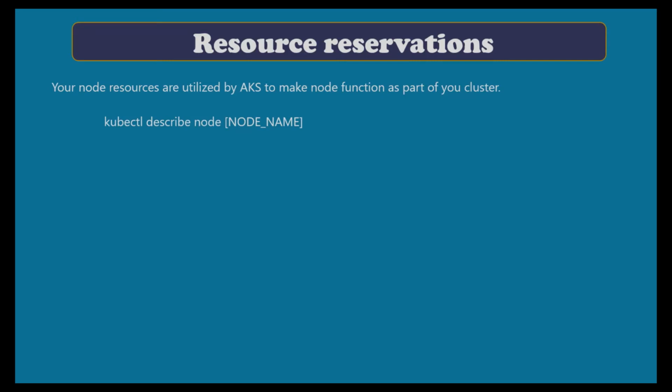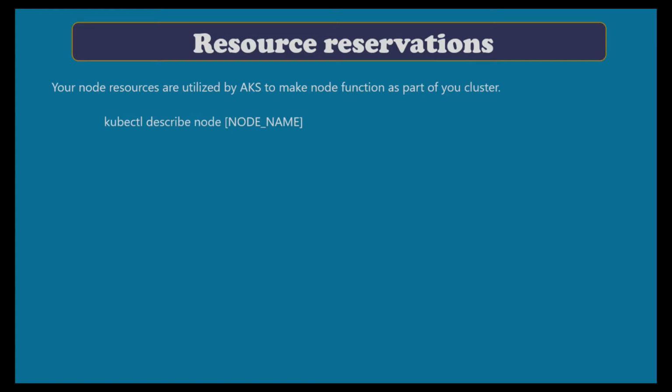If you want to see the utilization, you can use the kubectl describe node command and provide the node host name. It will describe your nodes: what memory is available, how many CPU millicores are available, what the current utilization is, and how many pods it is running. So all the description you will get from that node. You have to run kubectl describe node with the node host name.